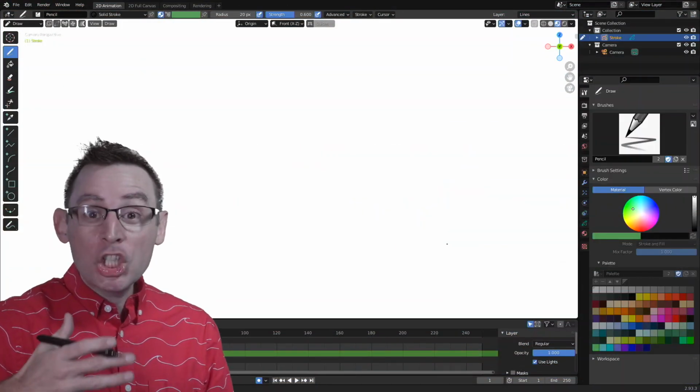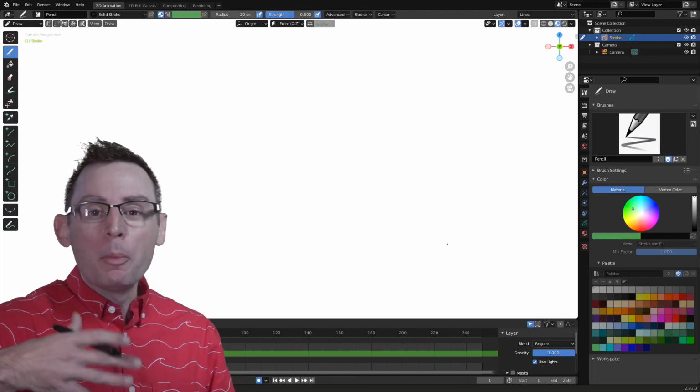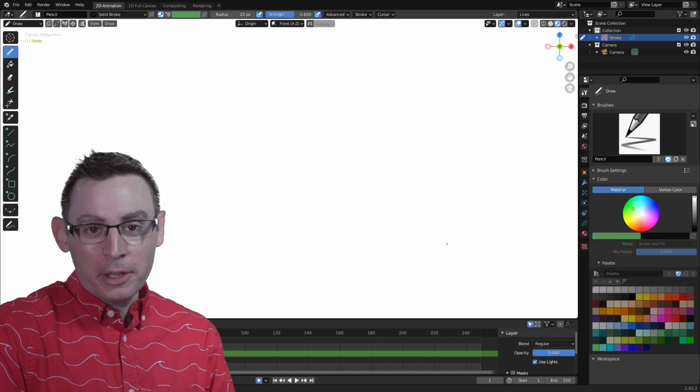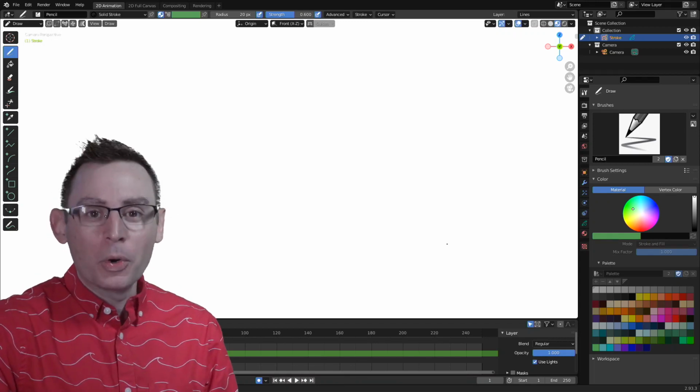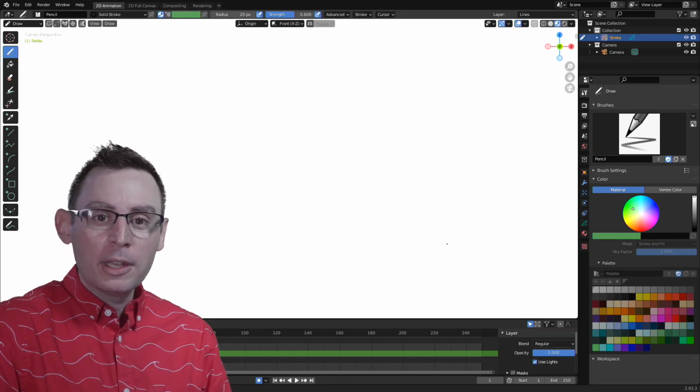I want to start using materials inside of my shape creation and animation sequence inside of Blender to give me a little bit more control over how my colors are being used in my final illustration and animation. I want to show you some of the details of how this system works. It's a little bit different than using the vertex coloring system that we've explored previously, so let's jump in and take a look.